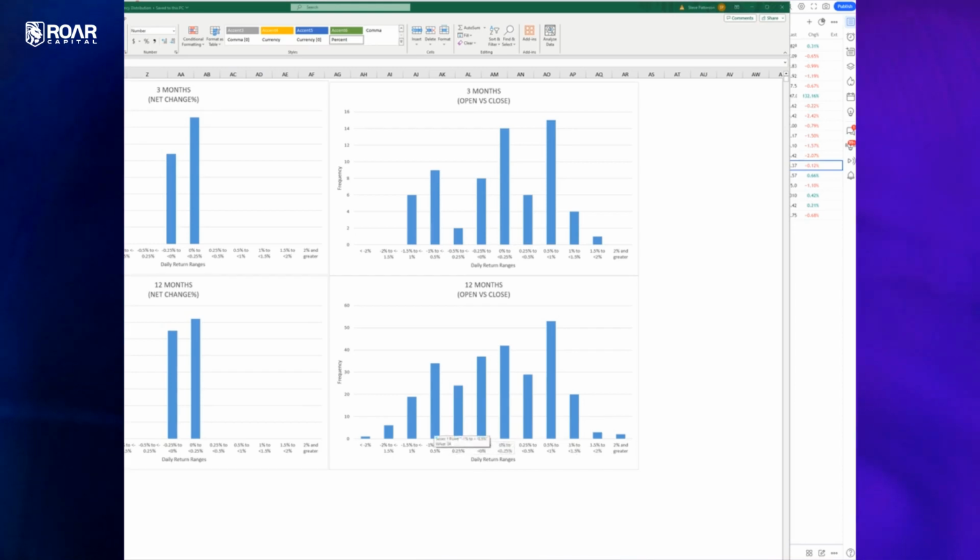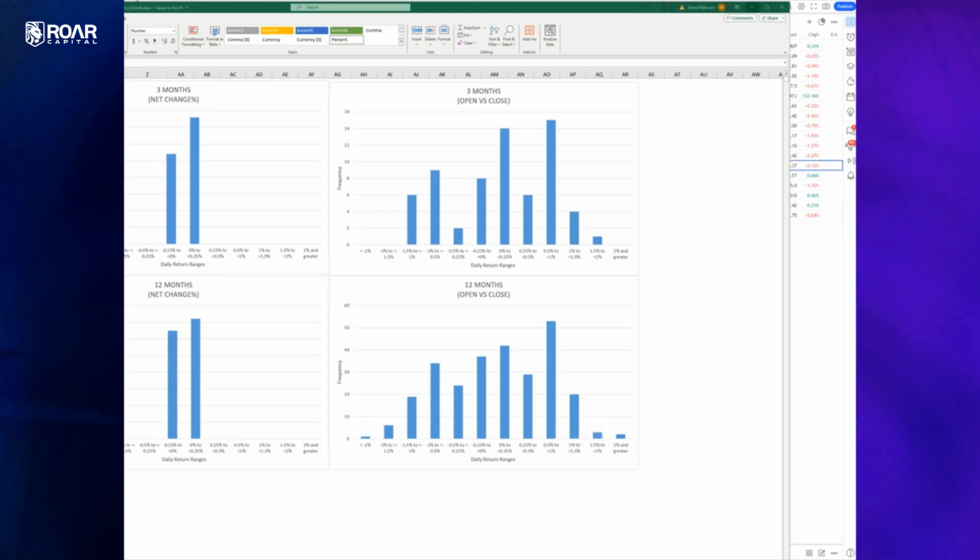Lately it's been going about 1% lower, right? But I would estimate approximately 88% of the time, the market falls within this range. So if we extrapolate that